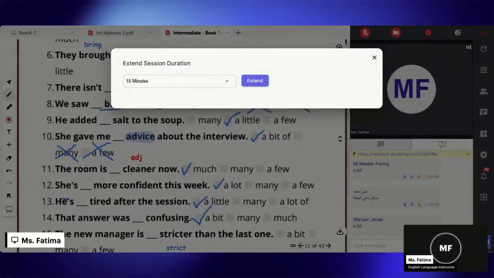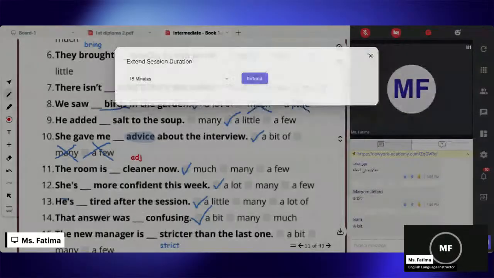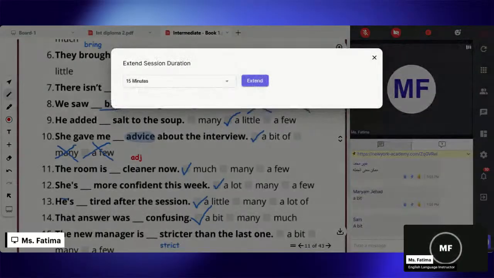Stricter means more strict. Yes. So the new manager is a bit stricter, many stricter, or a few stricter. It's an adjective used in the comparative form. Stricter, comparison. Yes, excellent. A bit stricter than the last one. Very good. Next,